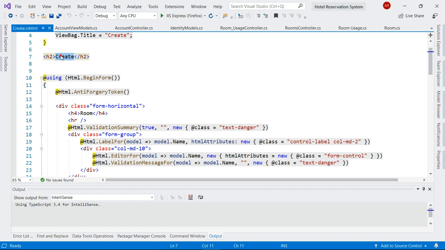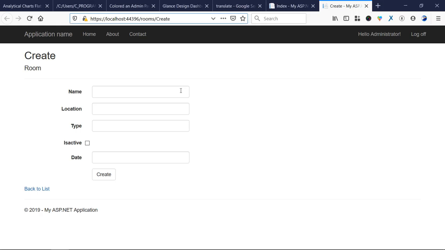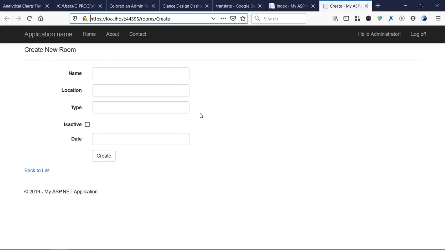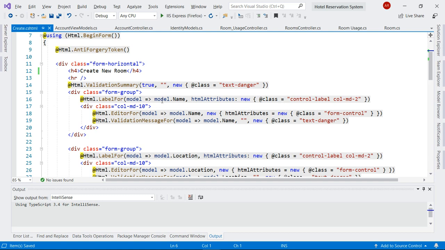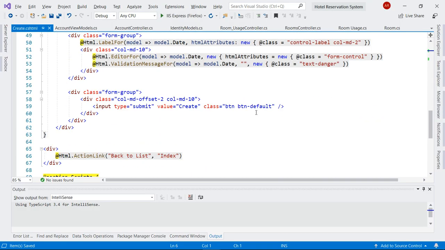So right here we have create new room. Okay, create new room and delete this. Control S. Let's reload the page and see what we have here. Better. So now we also need to push some of these things down, and okay, so let me quickly make this fast. All I need is I need to make this guy